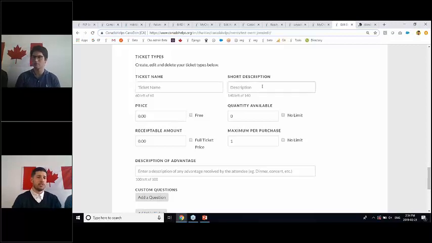The ticket name, short description, straightforward stuff. You're setting the price. You're showing the amount available. So if you only have 300 tickets available for your gala, you can put that in there, and then no more than that will be purchased. Here's where you're going to enter the receivable amount. You're just typing that in, super straightforward. So in the previous example that we mentioned, $100 price,